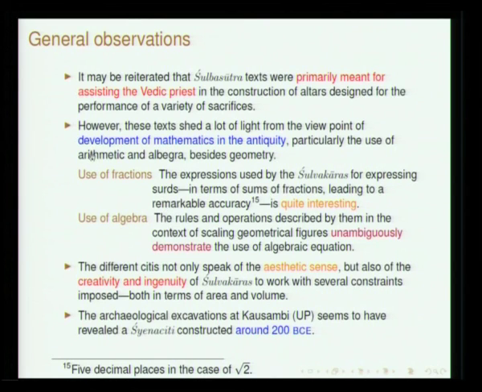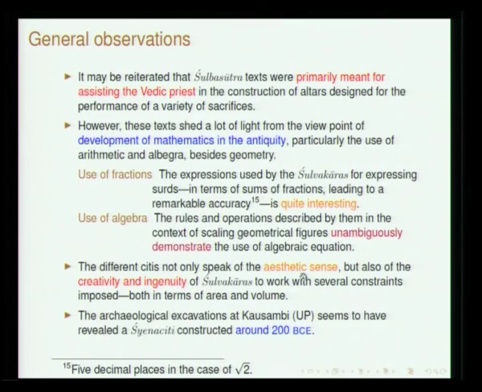But looking at this, we also are able to get a picture of the kind of mathematics which was involved and how it got developed. In the antiquity, at least 2500 years from now, so much before that. And we also see the use of fractions, for instance, in the expression for root 2, 1 by 3 plus 1 by 3 into 4, plus 1 by 3 into 4 into 34. All these are very interesting things which are found, and the value of root 2 is of remarkable accuracy.